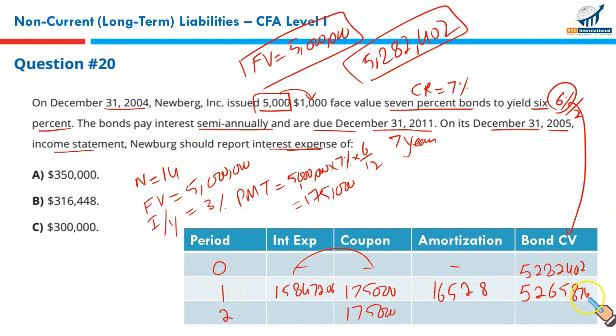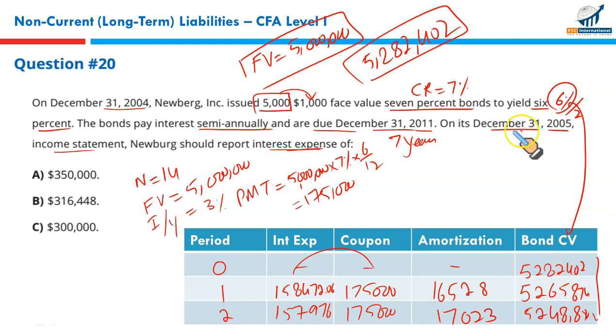See? What will happen in the next 6-month period? We will pay interest on this. We will pay 175 interest, but interest expense will be charged on the book value. 5265874 multiplied by 3% is now 157,976. The difference between what you paid versus what was the interest charge in the income statement is called the premium amortization, less 175. This is 17,000. It's a negative number in my calculator. And we charge this negative number against this 5265874. It falls to 5248850. So this bond value or book value will keep on falling.